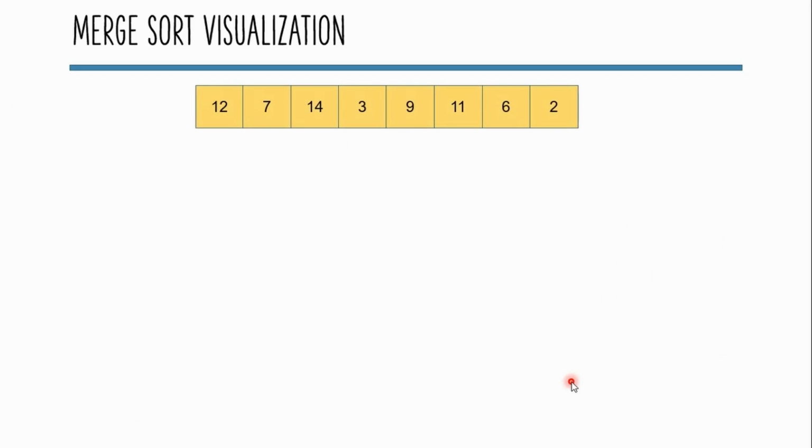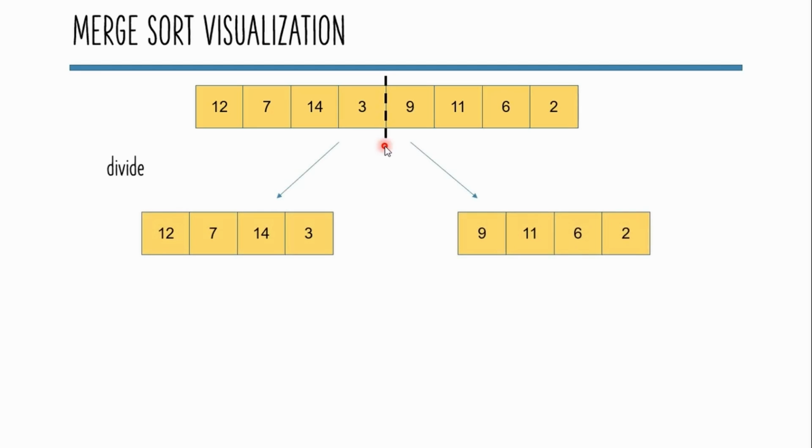So this is the input array that we are given, and we need to use merge sort in order to sort this particular array. So at first we'll divide this original array at its mid position into two subarrays. So we'll obtain a left subarray and a right subarray. We need to repeat the same procedure for these two subarrays, and again we'll obtain pairs of two subarrays respectively for each of them.